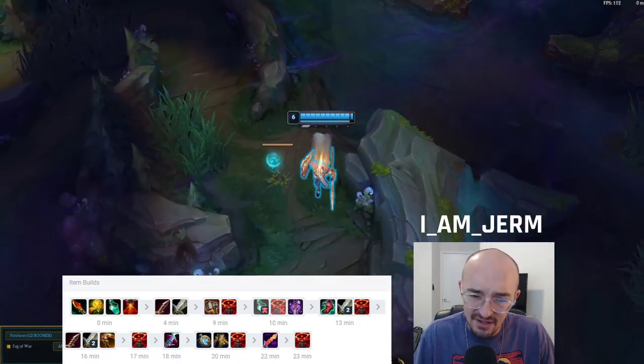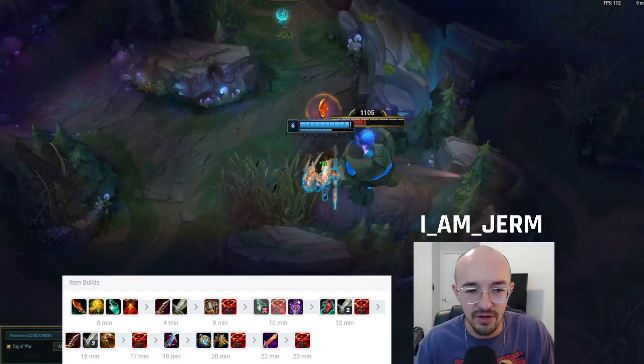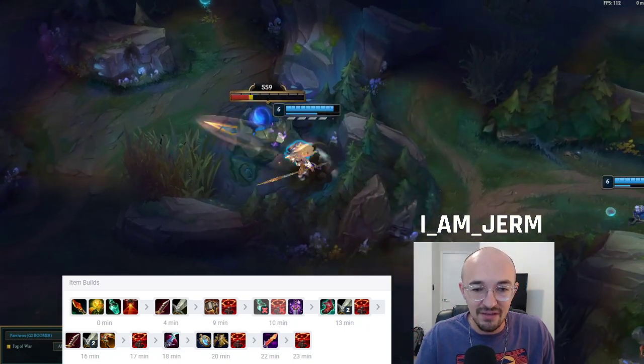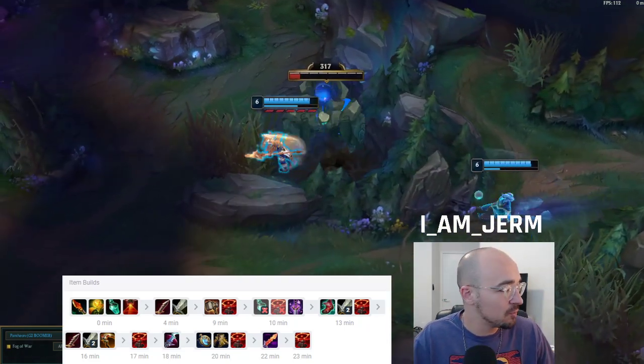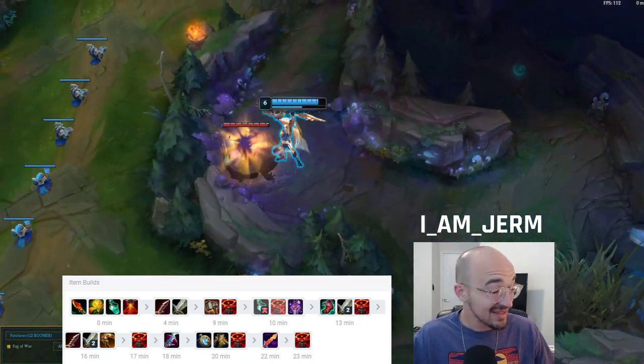Jankos did the red smite with the yellow trinket, put it down, recalled, got the sweeper, pretty normal stuff. Red smite, obviously going to be super, super good. Going for early lethality, he built into the Youmuu's first item, which so far on this patch, really not that